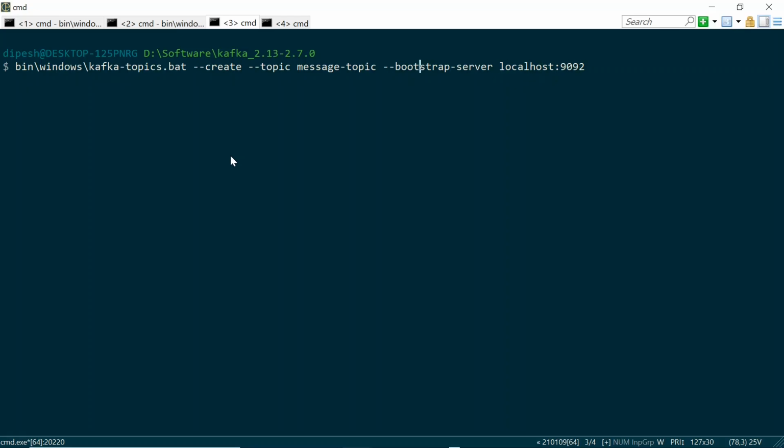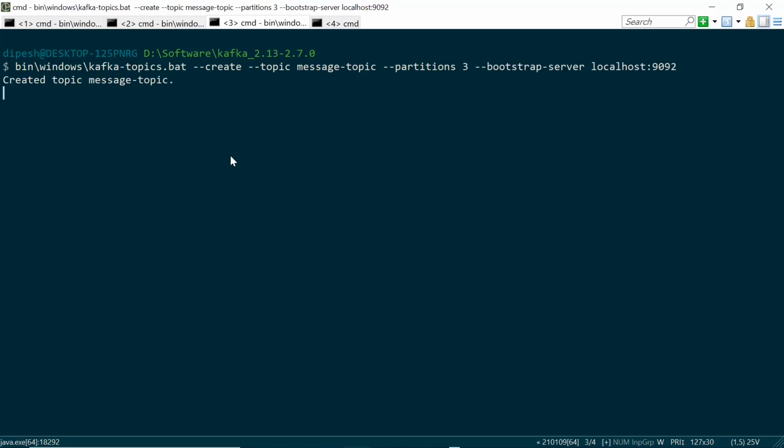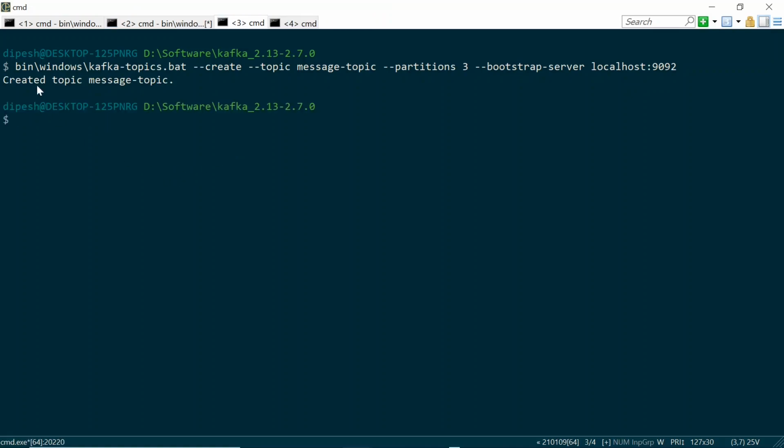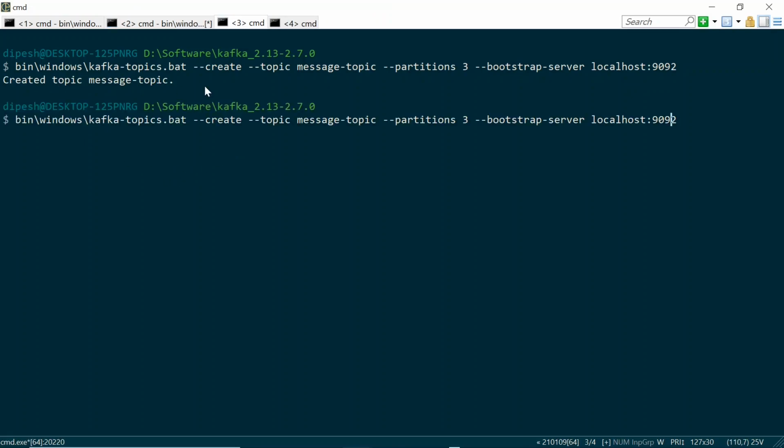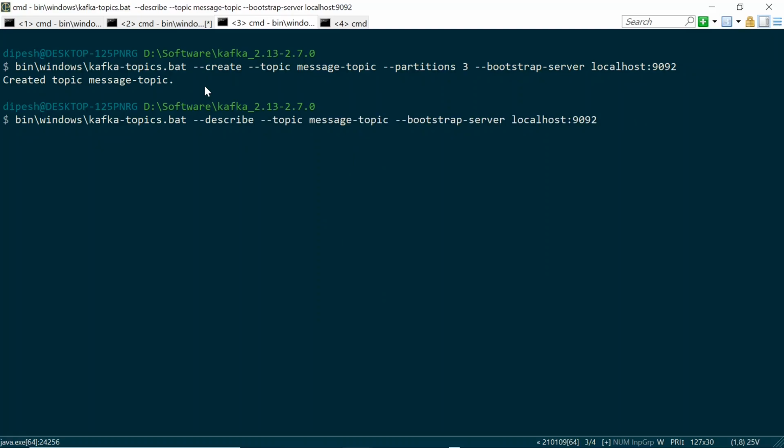When we create a topic, we can also specify the number of partitions. We are going to specify partitions as 3. You will see that the topic is created. Now to confirm whether the topic is created or not, we can use the describe topic command. Let's run it and see.